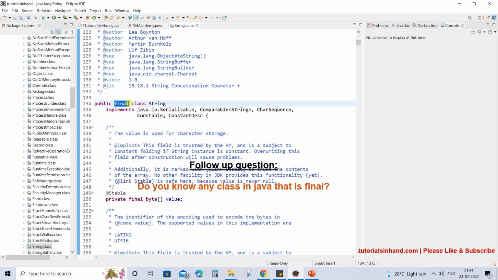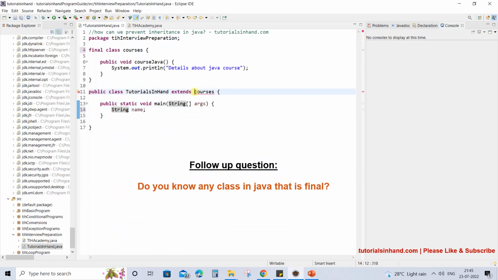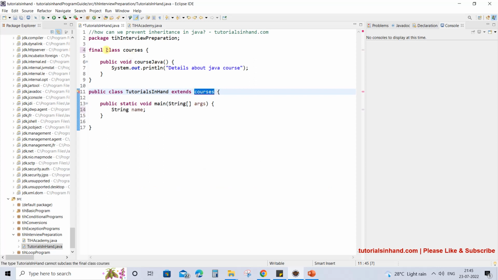So this can also not be subclassed or inherited. So String is final in Java, remember this. Now we cannot extend this. Let's remove this final and then it can again be inherited.